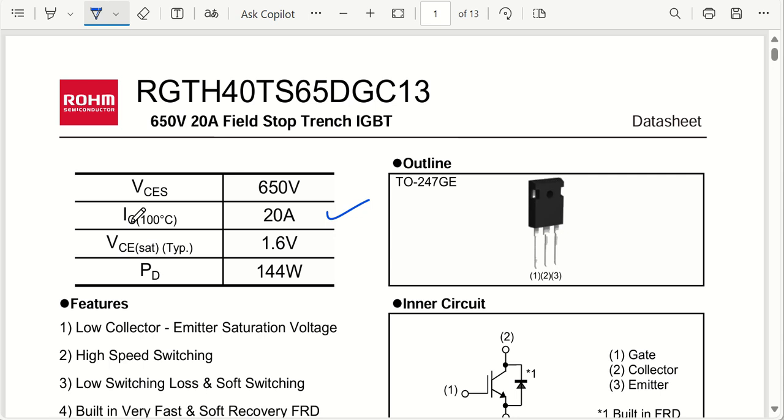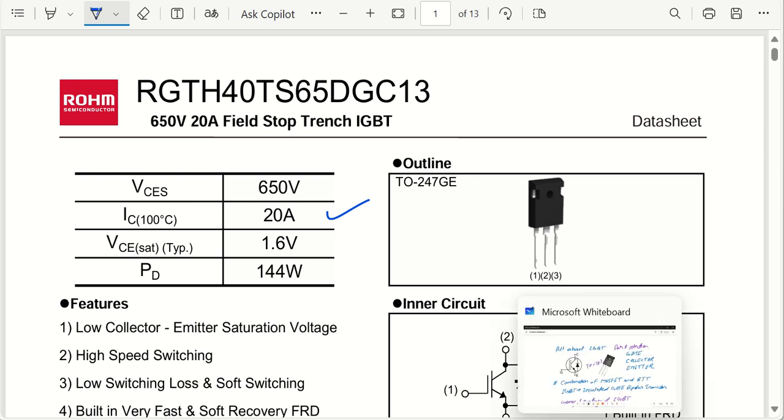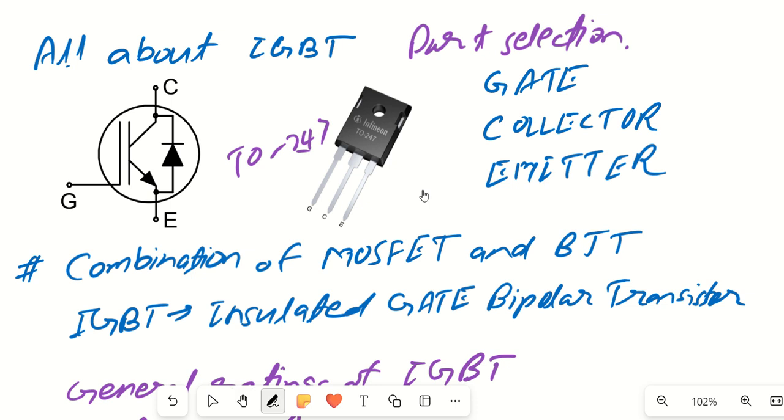So we'll talk all about IGBTs. What are they? These components, where they are used, and what are the different functionalities. If we start with IGBTs, you'll have to understand how we can select part numbers as well, because these days many component engineers and research and development engineers are trying to develop a lot of applications with IGBTs. We'll see that as well, and how easily we can make it for you to select the IGBT component. As you can see, the IGBT symbol is like this,